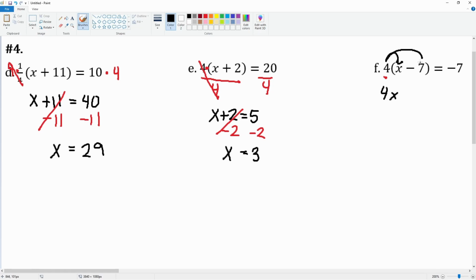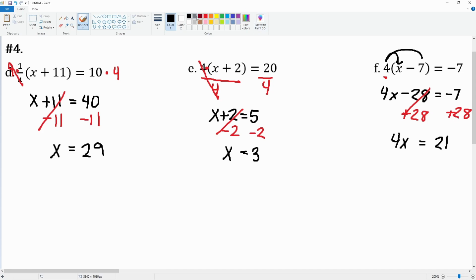4 times negative 7 is negative 28. And this is going to be equal to negative 7. Now I'm going to do that same process of solving for the x. So I'm going to add 28 to both sides, creating the number 0. The negative 28 and the 28 on the left cancels, making a number 0. It becomes 4x is equal to